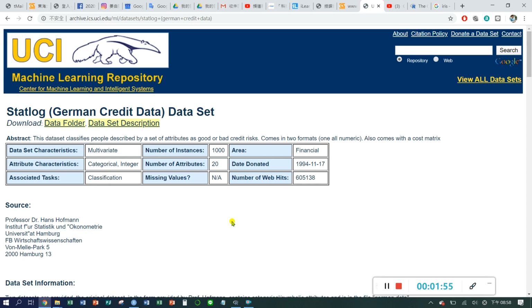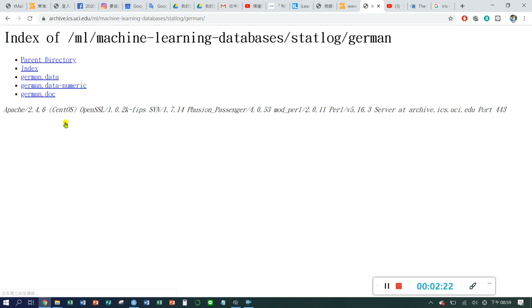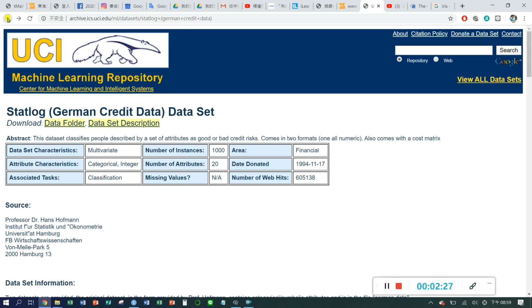Okay, let me explain more about the data set since we mentioned it last week. For each data set in UCI, there are always two web pages. One is the data set description web page, and the other is the data folder, where you can download your data. Okay, so let us go back to